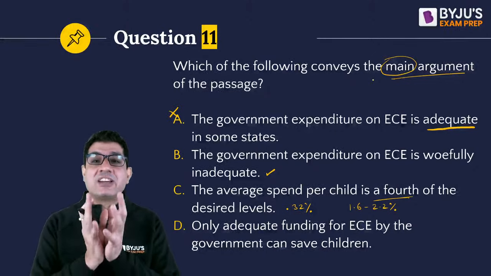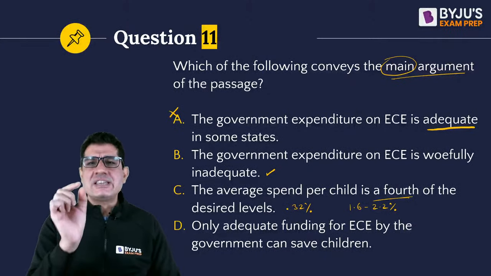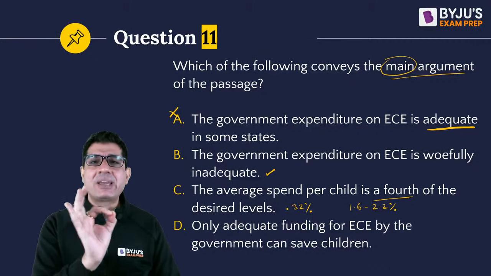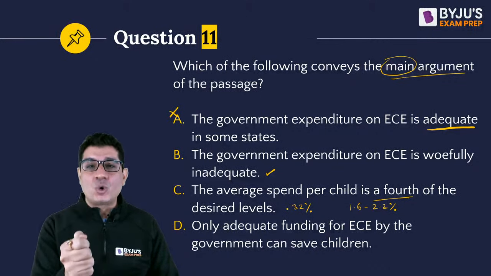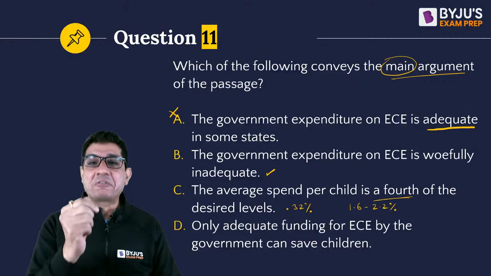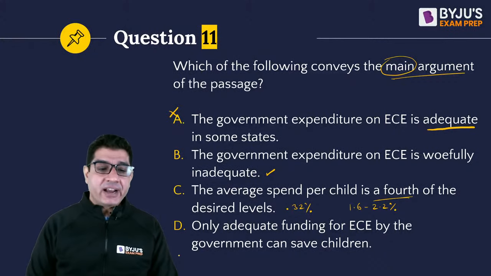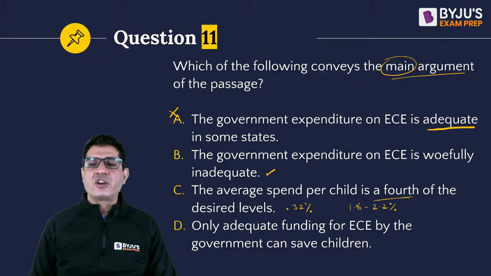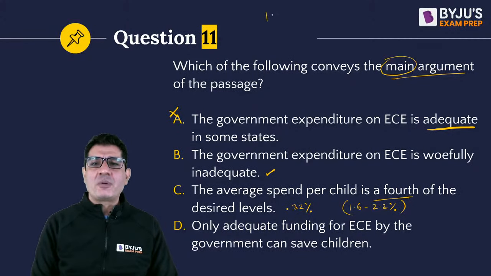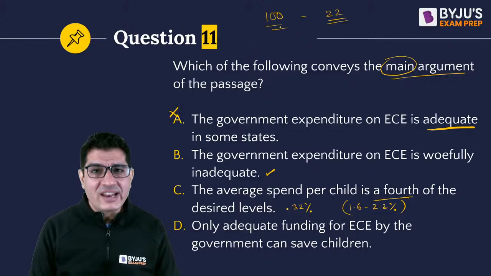Now option C does not convey that emotion. Option C is just a neutral fact-based statement. It misses out on the tone that we are not doing enough for our children, right? So therefore, yes. And when you say woefully inadequate, the proposed is 1.6 to 2.2%, whereas we are spending less than 25% of that. So if a particular job requires 100 rupees, but you are being given 22 rupees to perform it, aren't you being given woefully less money?